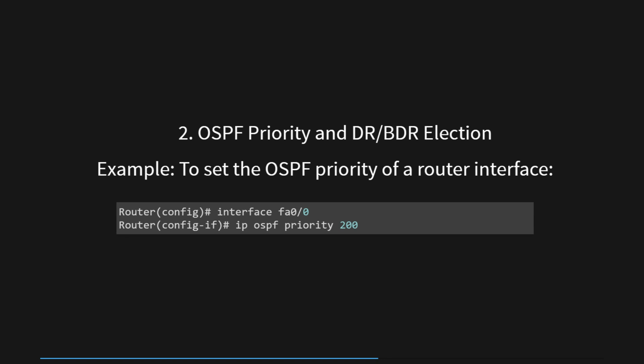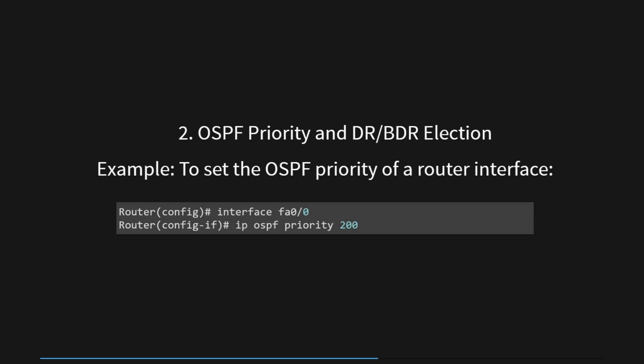In multi-access networks like Ethernet, OSPF employs a mechanism to optimize link state flooding called the designated router (DR) and backup designated router (BDR) election. Instead of every router flooding link state information to all other routers in the network, only the DR and BDR exchange this information, reducing unnecessary traffic. The selection of the DR and BDR roles is determined based on the OSPF priority assigned to each router's interface. Routers with higher priorities have a better chance of being elected as the DR or BDR.